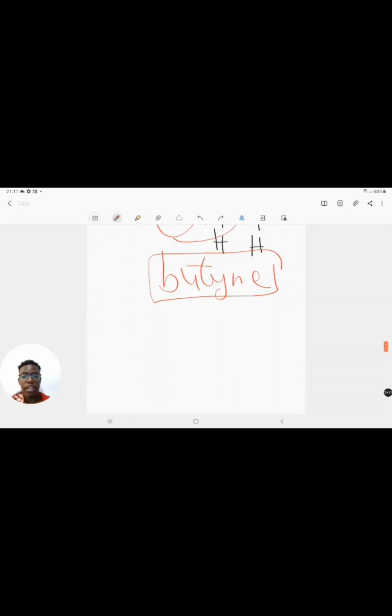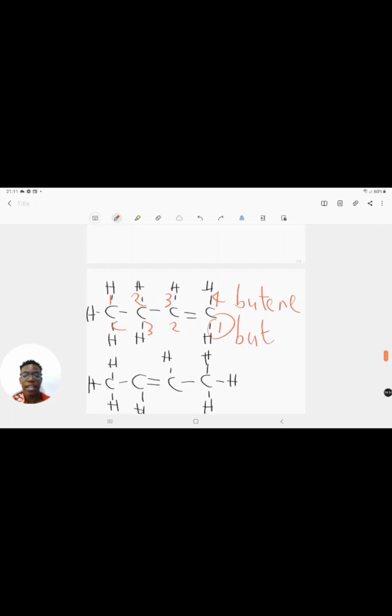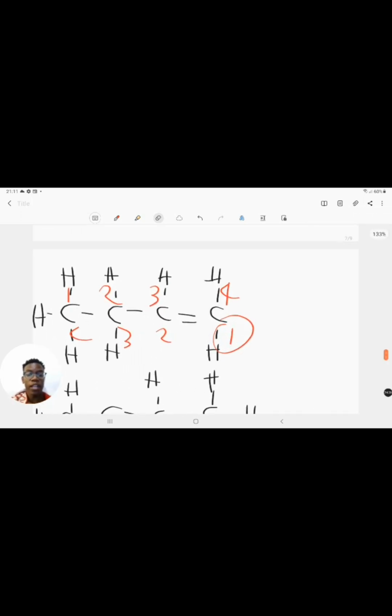So I'm going to do the same thing here. I'm going to split the name. So I'm going to say, okay, it's but, that's the first name. But let me just write that a bit smaller so that I have more space. Okay, so it's butene. We know that this is called butene, right? So since I know that this is called butene, I'm going to say this is